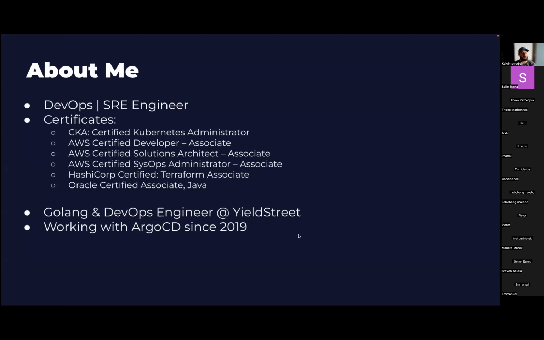To get started, I first started with AWS. Moved on to Kubernetes as I saw most companies and large corporations were starting to containerize their applications. Fell in love with Kubernetes, and now my full-time job is writing custom controllers in Golang, and that's what I do on a day-to-day basis mostly. And funny enough, ArgoCD is a Kubernetes controller, so I also help contribute to the ArgoCD project and Argo Workflows, which is a sister project to ArgoCD.